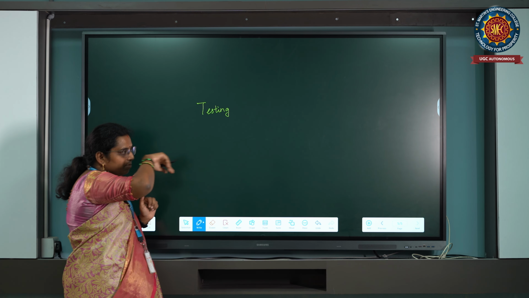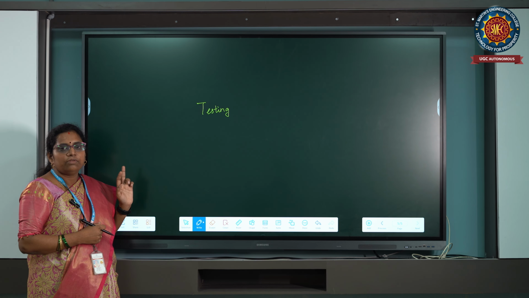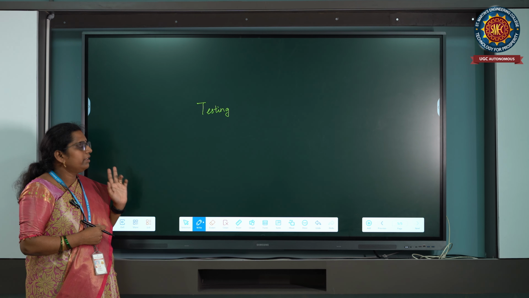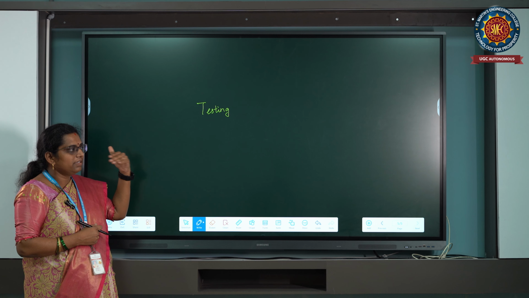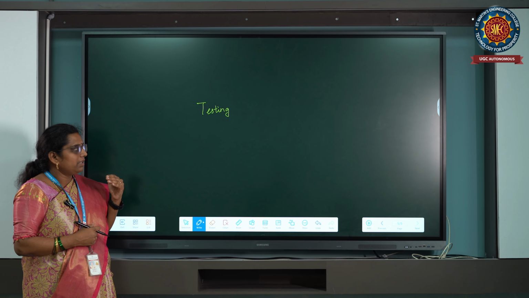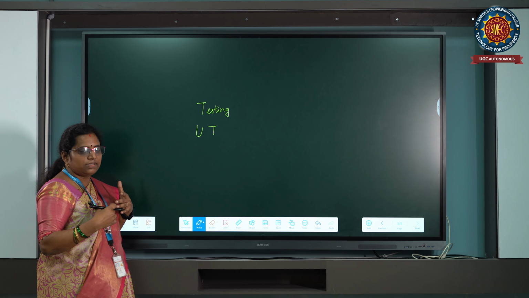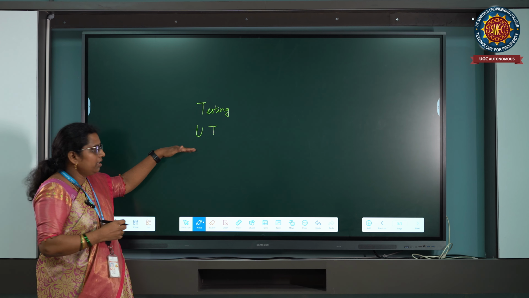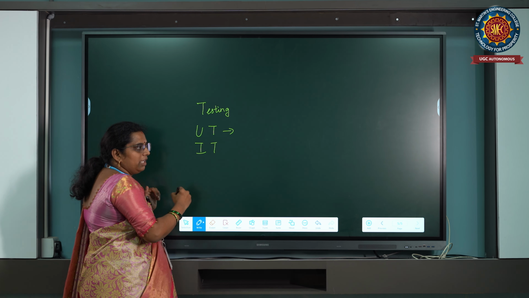Testing is mainly of three types: unit testing, integration testing, and system testing. As I already told you, the design is divided into low level design, and that is tested. Each module is tested, and that comes under unit testing. Next, suppose in a project there are 3 units.